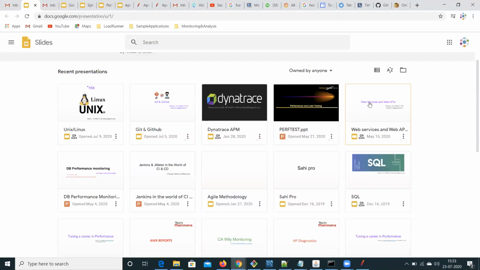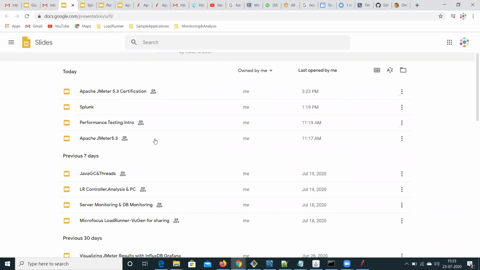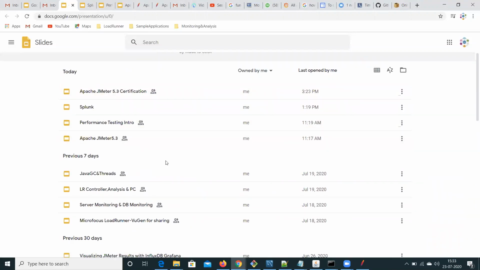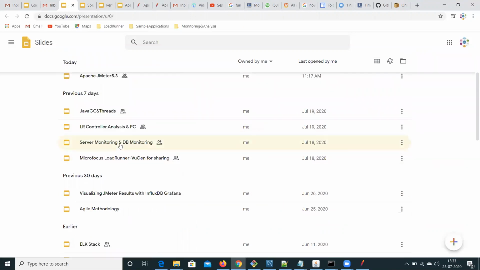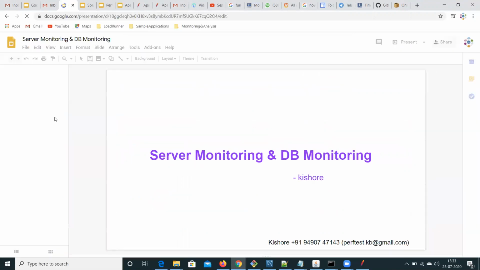And web services and web APIs. I'll be sharing the soft copies of all these training materials with everyone who joined the training. This is for server monitoring and DB monitoring, as you can see, and this is on Agile methodology.